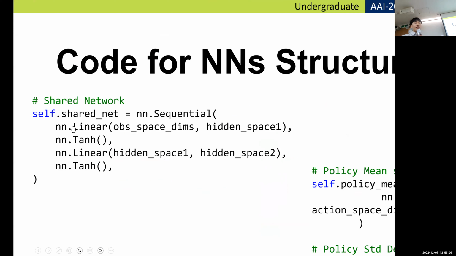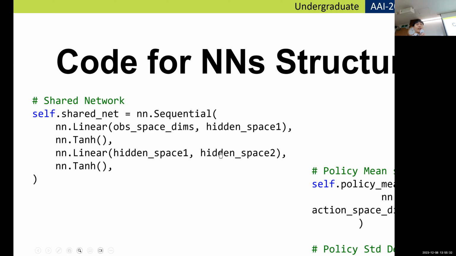Then this linear combination will be activated by the tanh. Then after tanh, we'll go to another hidden layer. So now the dimension of hidden space 1 and hidden space 2 should also match, the input dimension and the output dimension,